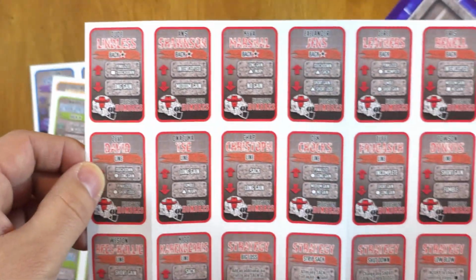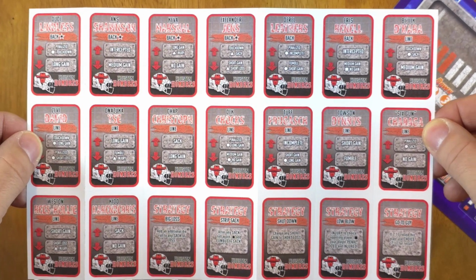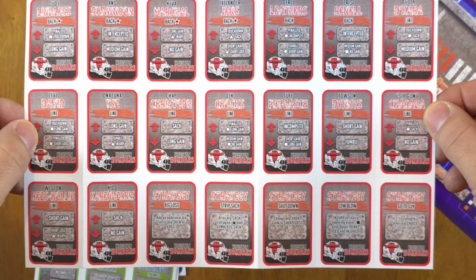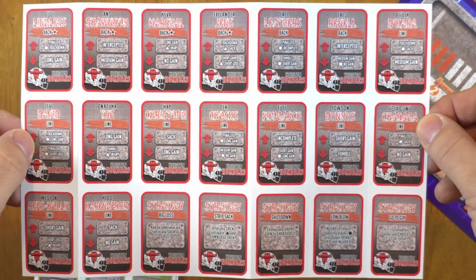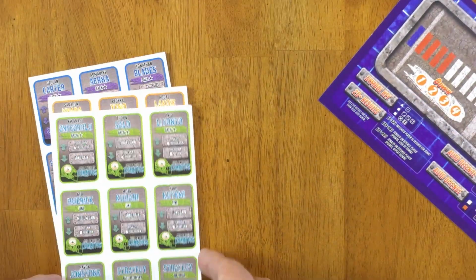Not all of them are players. Let me hold this down so you can see the whole thing, right? So 7 by 3 is 21, but 5 of those 21 are strategy cards. The other 16 are player cards. So it folds up like that. And then we have